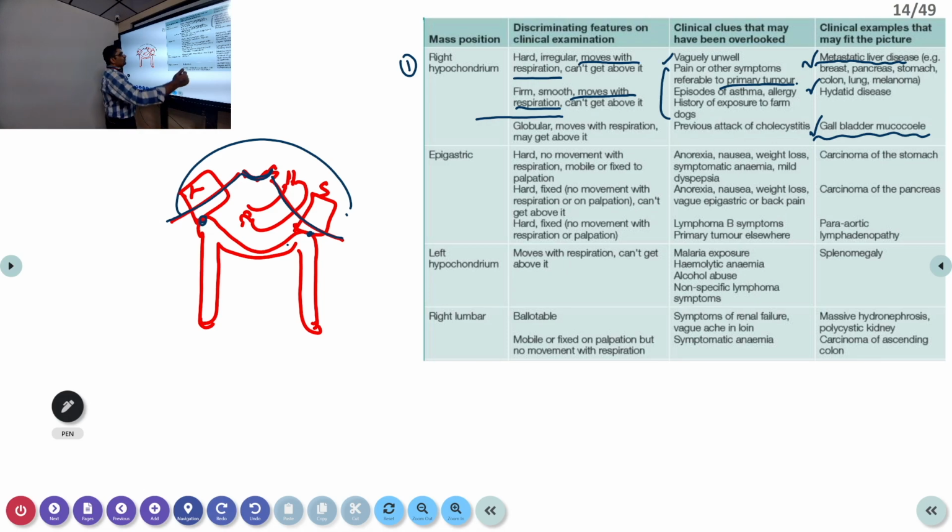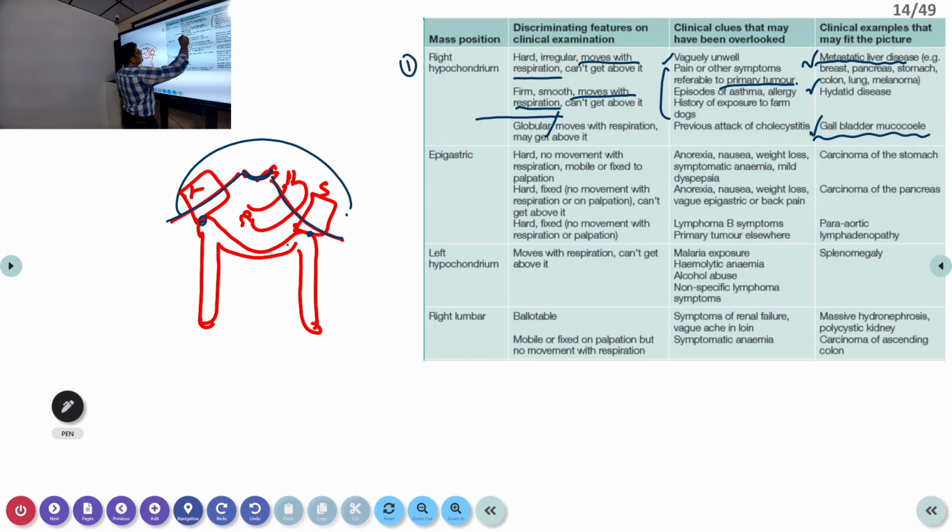Okay, and what are the characteristic features of the gallbladder? Gallbladder swelling, it is globular. Okay, but the gallbladder swelling may be a malignancy also, which is rare. Gallbladder malignancies are rare, but in North India it is commoner than in South India. In North India, for a palpable gallbladder, they always go for an MRI because gallbladder malignancies are very common in North India.